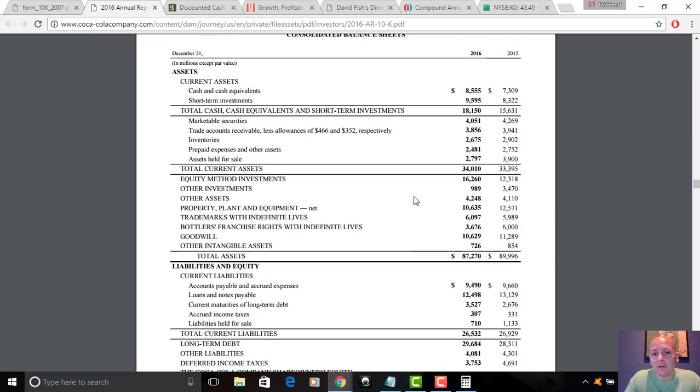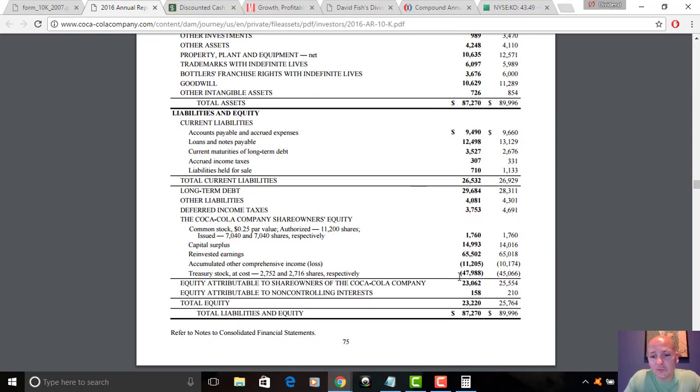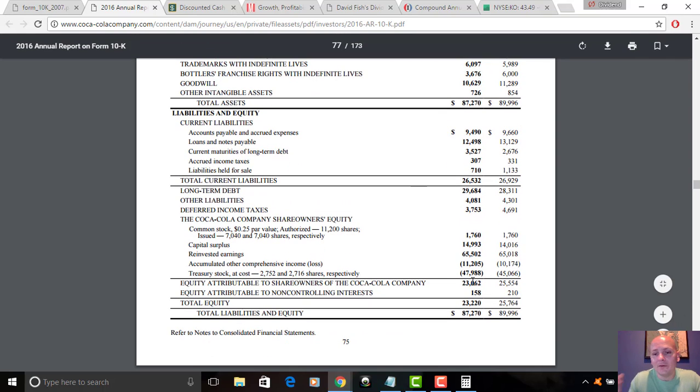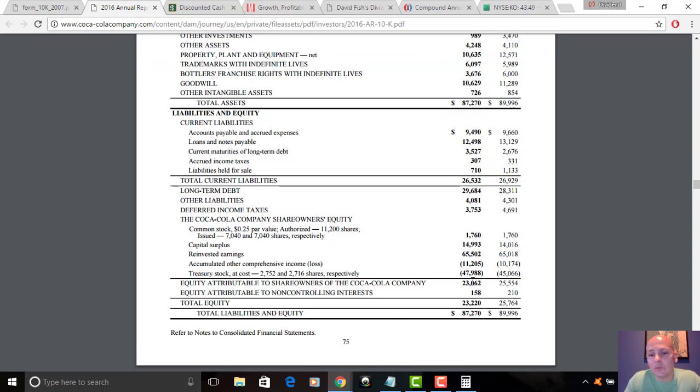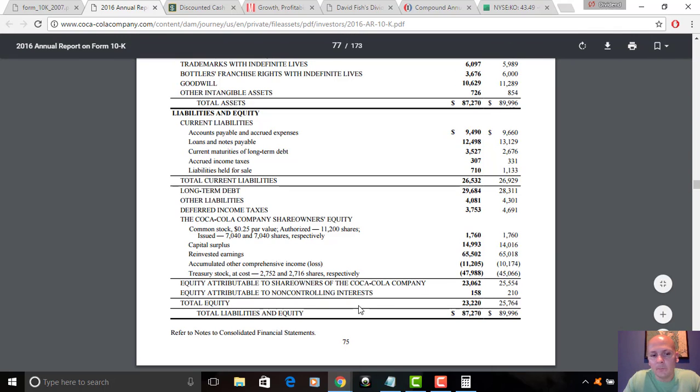So when you look at something like that, if a company has 40 billion in long-term debt, you start to say, whoa, it's a lot of long-term debt, but they have 40 billion in cash. Then at that point, it's probably not something to be overly concerned about. Moreover, as I noted earlier, treasury stock can impact that equity, negatively skewing the long-term debt to equity ratio, because if the equity is much, much lower, then it makes it look like the debt to equity ratio is higher than it otherwise would be. And Coca-Cola's numbers are skewed downward by the treasury stock. So, just some things to keep in mind.